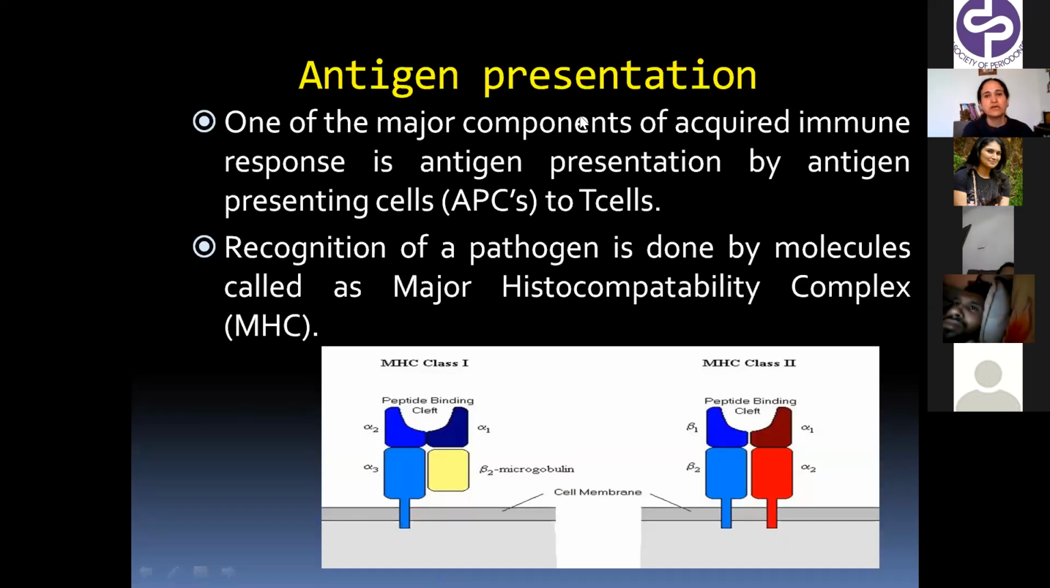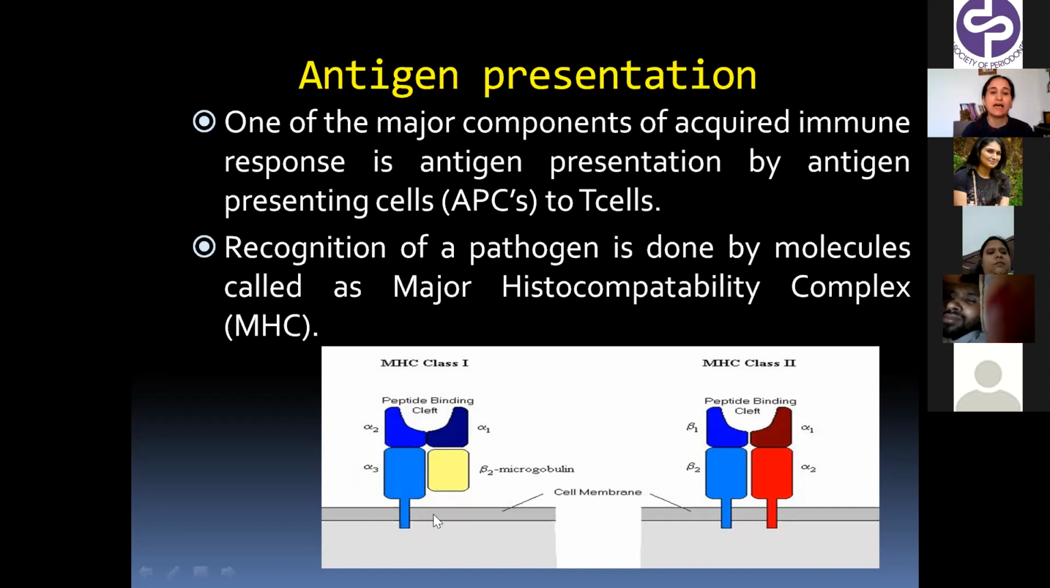So how is antigen presented? You need to know about the major histocompatibility proteins. There are two types of MHCs, major histocompatibility complexes, which are found. One is found in all the cells of the body apart from the immune cells. MHC class 2 is found only on the immune cells. So it's very easy to understand that MHC class 1